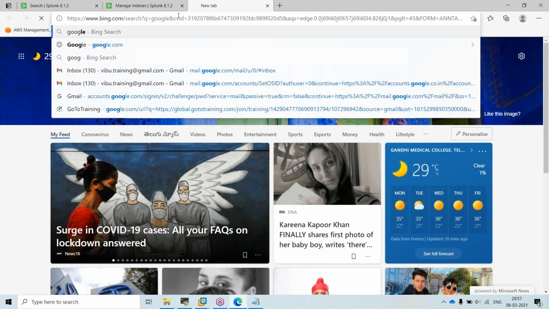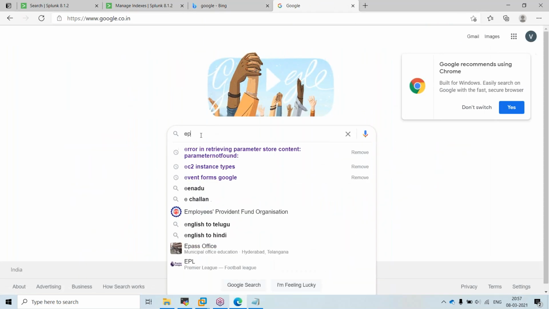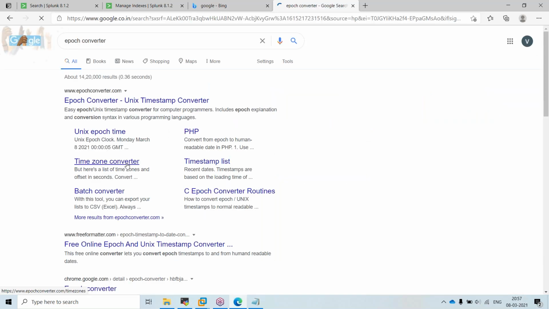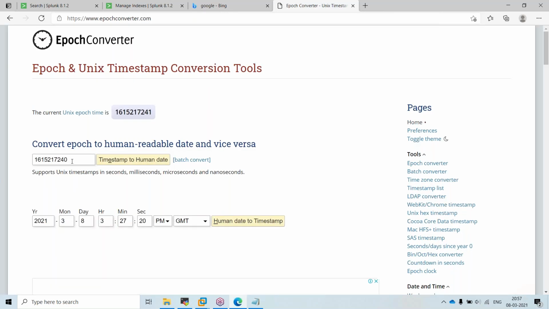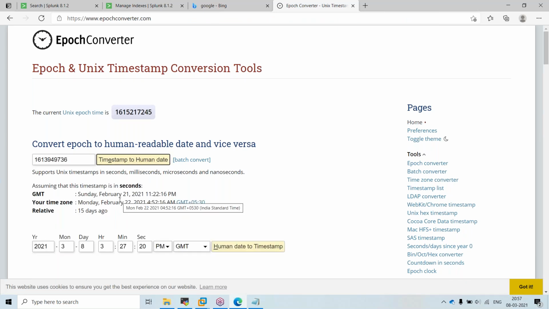So there will be something like an epoch converter. I think you guys know what epoch is, right? Yes, Vikram. It is Unix time, generated by the Unix system.